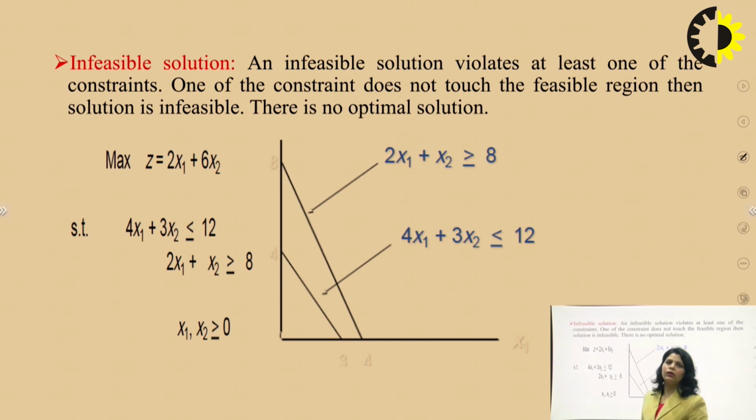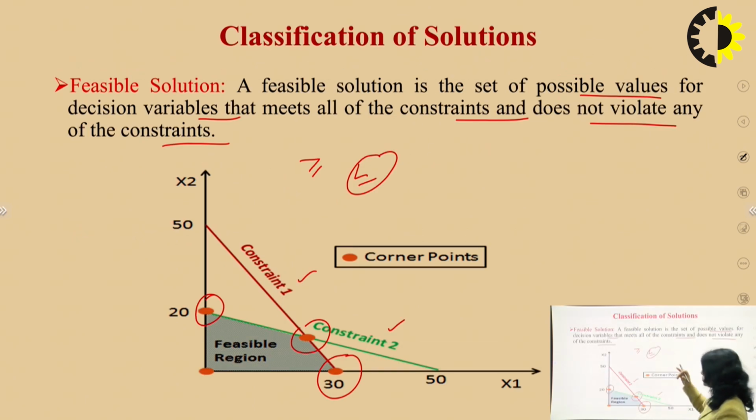After that, we come to the second type of solution, that is the infeasible solution. An infeasible solution will violate at least one of the constraints. It will not follow at least one of the constraints, and one of the constraints does not touch the feasible region. In the previous type of solution, the feasible solution, we saw that all the corner points are touching both the constraints. Okay, but here